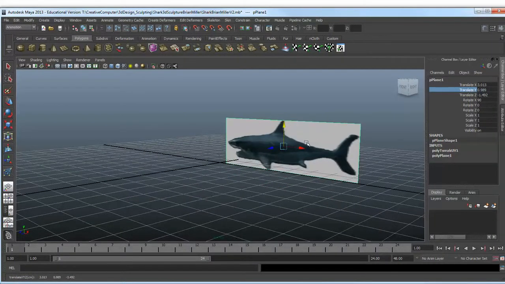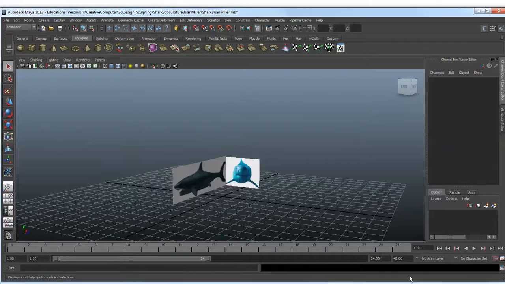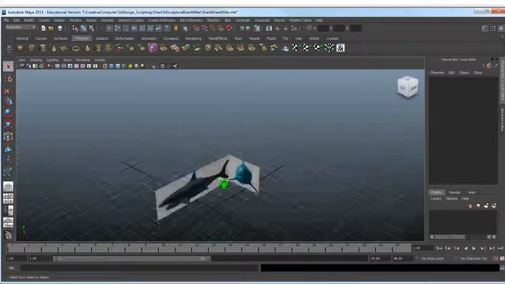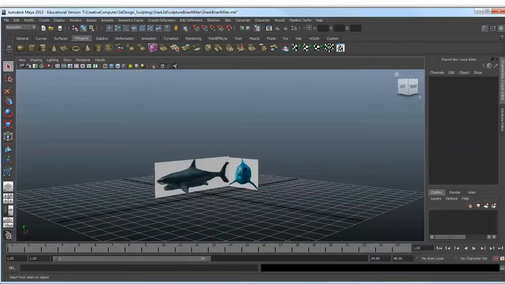Okay, so the next piece, I'm not going to go through it all with you, but what I want you to do is go through this video again and do the whole same procedure: add the polygon, change the size, and add the other picture. And when you're done, you're going to have something that looks like this so that you can be ready to do sculpting. Do that, and then let's go on to the next video where we'll show you how to actually